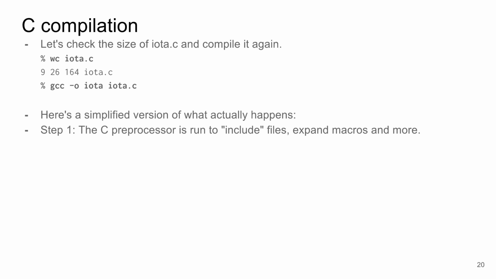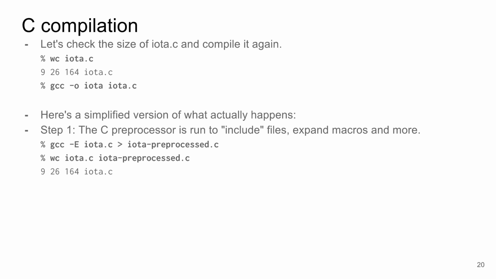So the first step when we run our compiler to compile this program is that the C preprocessor is run to include files, expand macros, and more. We can look at what's happening at this step by using the -E option with GCC. This essentially means run our program through the preprocessor to include files, expand macros, and all this other stuff, and it will produce that preprocessed file. So we're compiling it and capturing it into this file called iota preprocess.c,